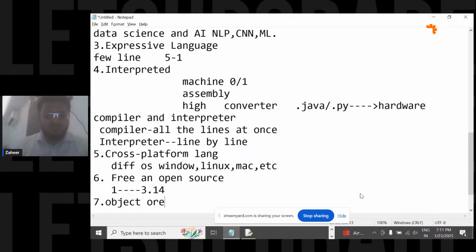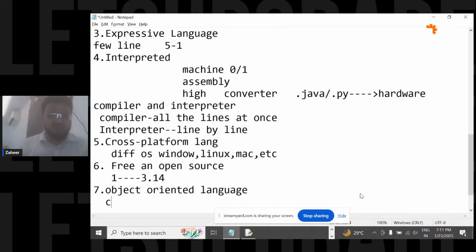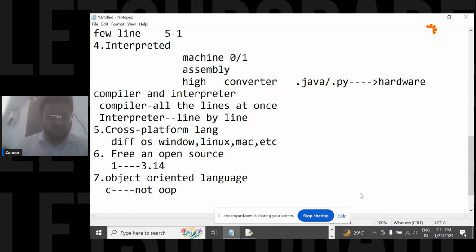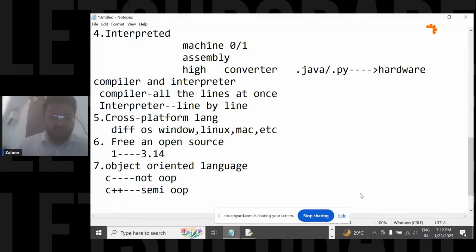Okay, so object oriented. Now what is this object oriented? This is the object oriented feature. I'll just write object oriented language, not object oriented programming, it is an object oriented language. Now let me tell you, when we talk about C programming and when we talk about Java, there is a difference. When I talk about C, it's not object oriented. But on the contrary, when I talk about C++, it is a semi object oriented programming language. Semi object oriented means it is between the non object oriented and the fully object oriented programming. And when we talk about Java, Java still the dilemma